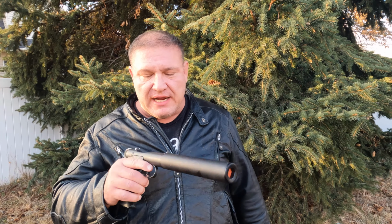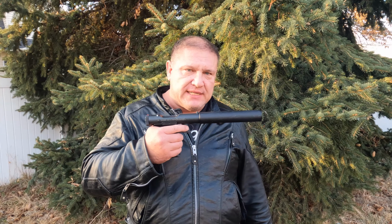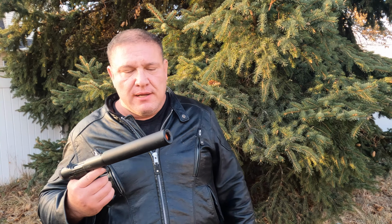For hunting, no good because, again, it's not very accurate. Can't put a sighting system on, anything like that. And actually, I believe that the proper way this is used is you would press this against somebody's back and then pull the trigger, and then I believe it'd be completely quiet. Right now, it's significantly more quiet than a regular gun, but if it's pressed up against a person's back, it's gonna be completely quiet. As I've watched the video over and over again, there's some discussion and disagreement among experts